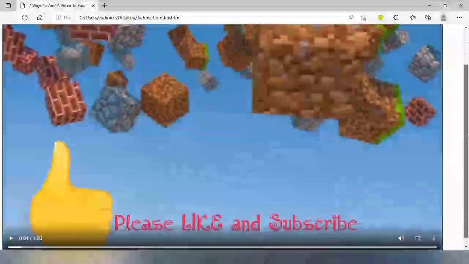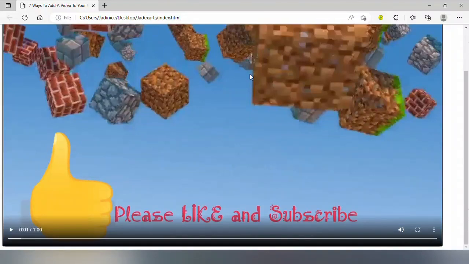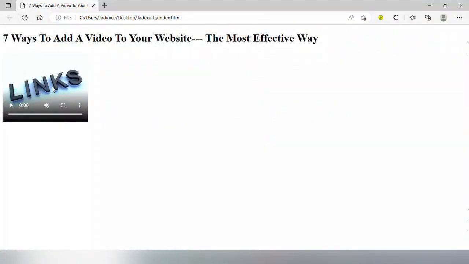But then we noticed that the video took up most of the space, and I said in our next video, which is this one, I'm going to show you how you can make adjustments so that the poster and the video will be at the same size, without having the video take up most of the whole space. So watch to the end and learn how you can do that.